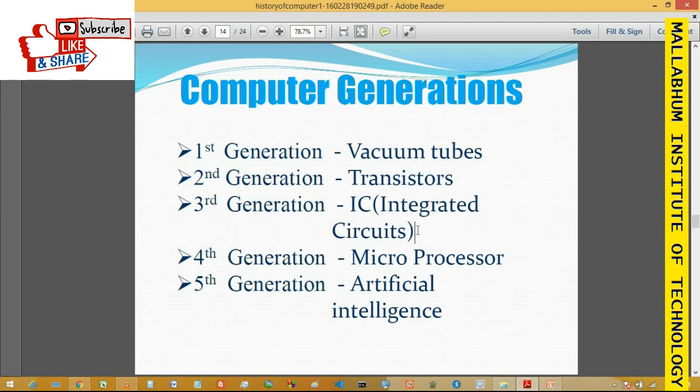Parallelism means a large number of computations can be done at the same time. That is the main hardware feature of this version of the computer. And the software features are multimedia, artificial intelligence, and internet. Those are the different software features available in this computer. Examples of this computer are Intel Xeon, dual core, i3, i7, whatever computers are available today. That is the fifth